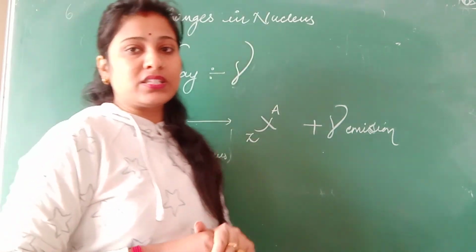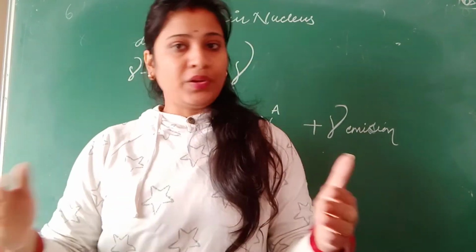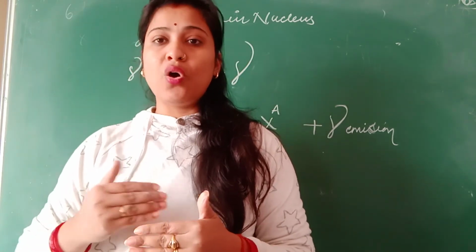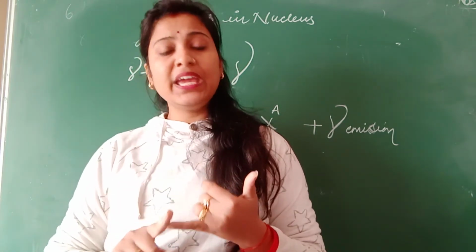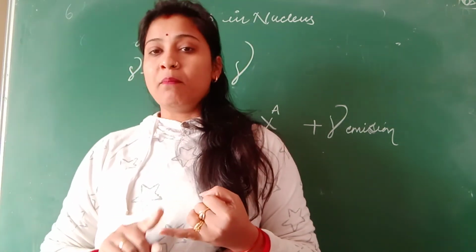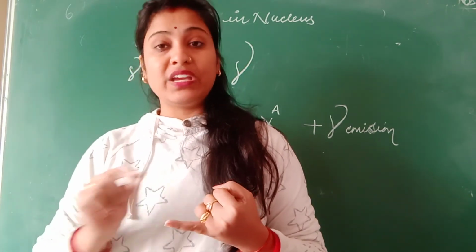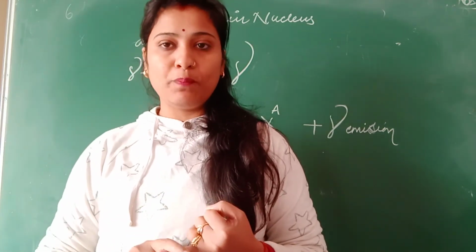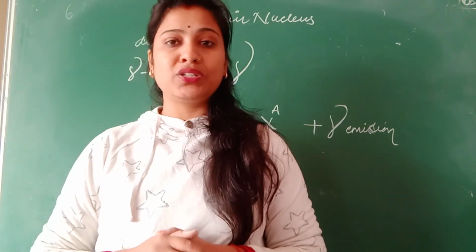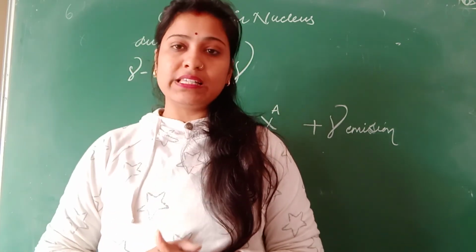So whenever such a change is asked in a reaction, you can easily write the equation by understanding whether it is alpha decay, beta decay or gamma decay. In alpha decay, the atomic number is reduced by 2 and the mass number by 4. In beta decay, the mass number is not changed at all, but the atomic number is increased by 1, because we are reducing it by minus 1, so minus gives plus. And in gamma decay, there is no change in atomic or mass number, so it is not affected by the gamma emission. I hope the changes in the nucleus during these emissions are clear to you.